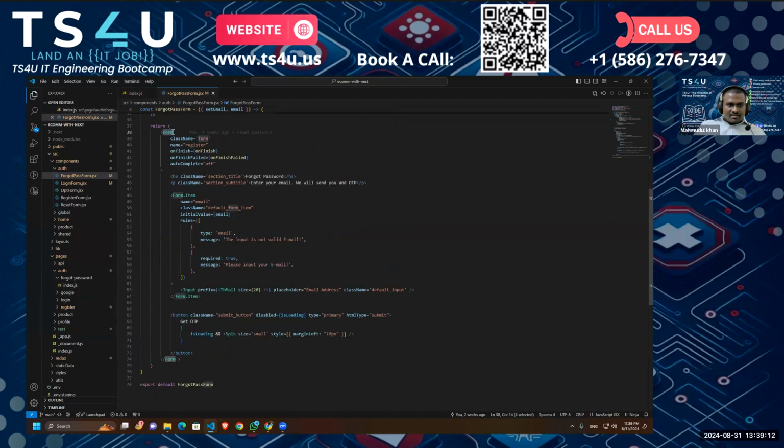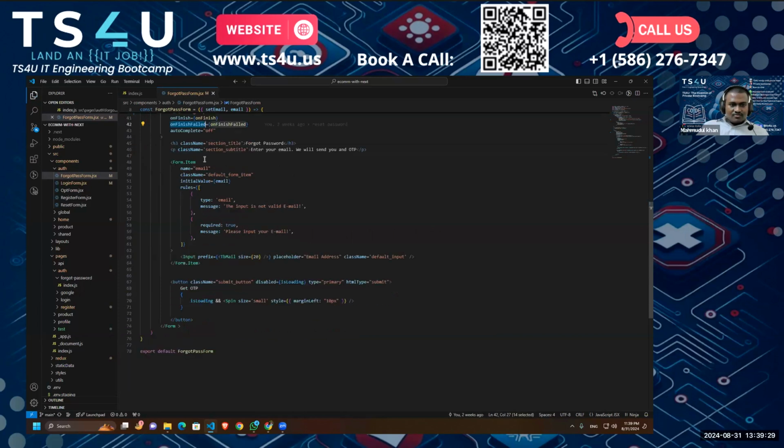And for example, I am again setting the name to, it is the wrong name, wrong convention. I should name it forgot password. All right. We have our usual onFinish function, onFinishFailed function, and we have two input fields,